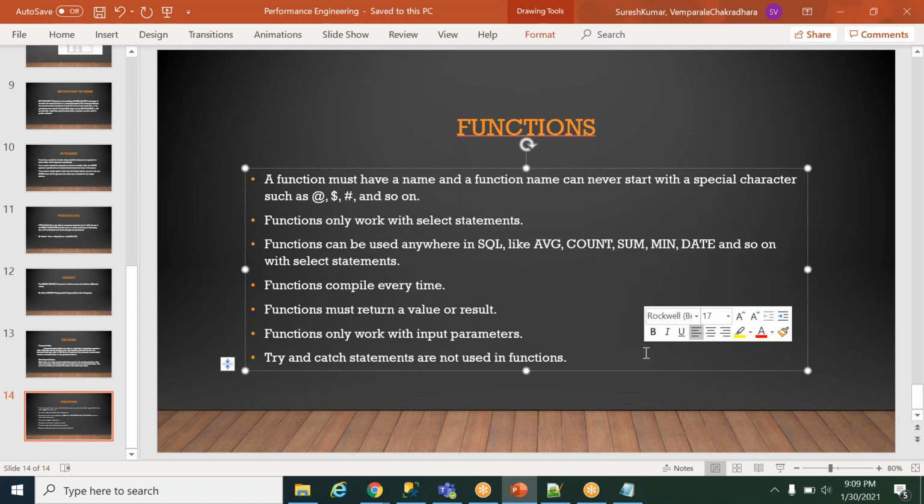But functions are only for input parameters; there are no output parameters in a function, and a function will always return a value, either a single value or a tabular format. Inside the stored procedure we call the function; a function cannot be directly called from the front end. We always use functions in the stored procedure.